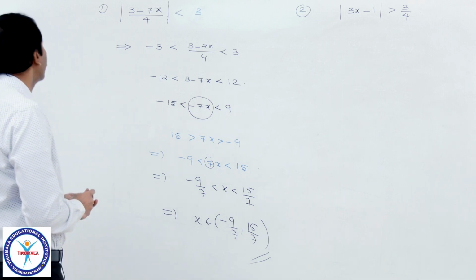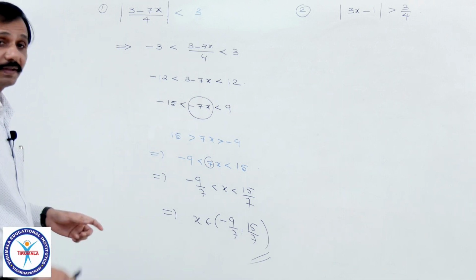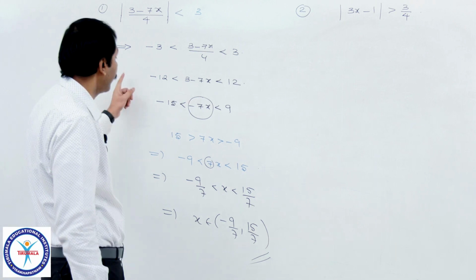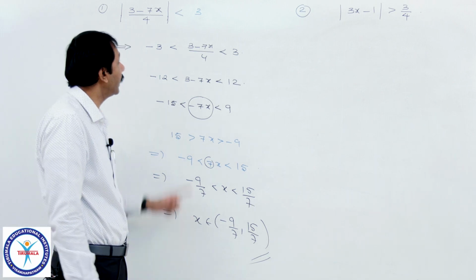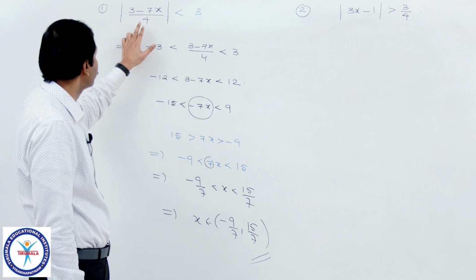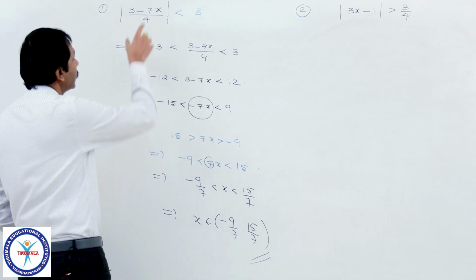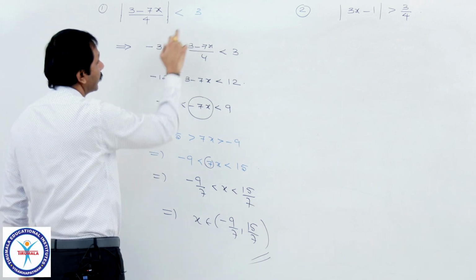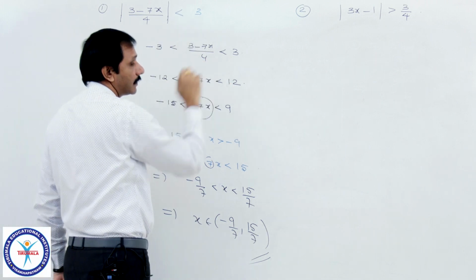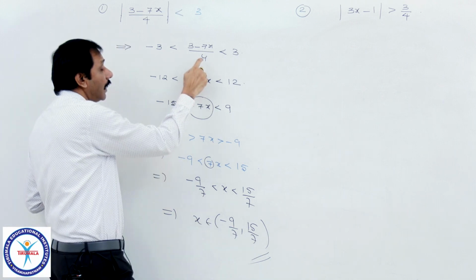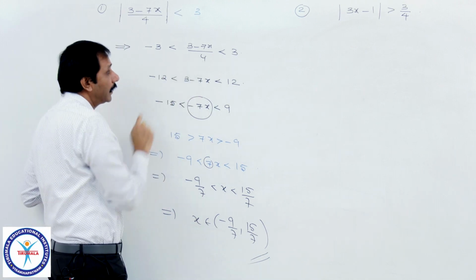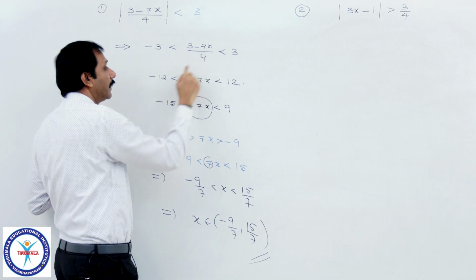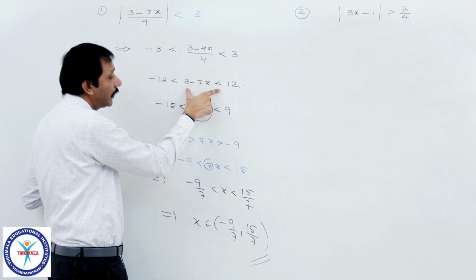You must be very careful while solving these types of inequalities. Many properties we will be using to find the value of x or to find the solution. First observe this, notice this. It is of the form |x| < a. Whenever it is |x| < a, it means −a < x < a. Next, first I am taking care of this denominator. Because a denominator is a positive real number, I am multiplying with that one without changing the inequality.